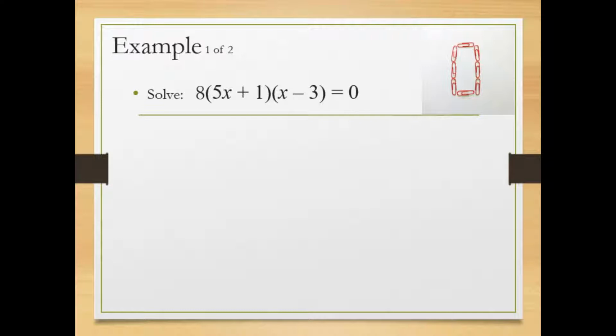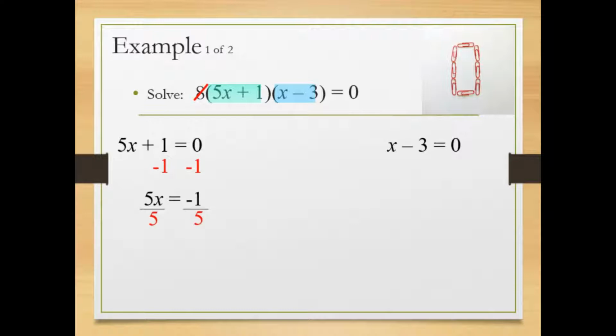The factors in this equation are 8, 5x plus 1, and the binomial x minus 3. Since the factor of 8 is a constant and cannot cause the value to equal 0, it will not be considered. The only way in which these factors can be 0 is if 5x plus 1 equals 0 or x minus 3 equals 0. Using the principle of zero products to solve, we then have the following: